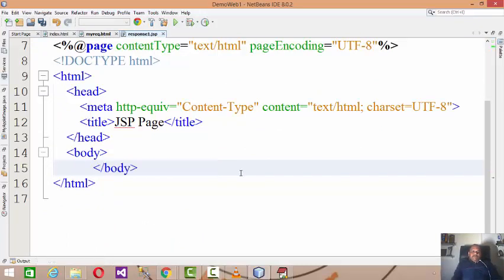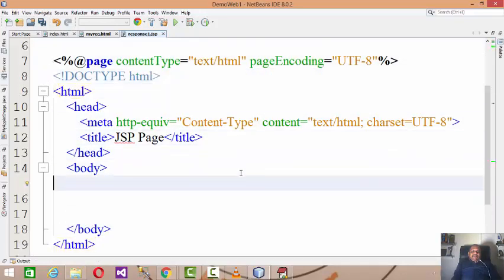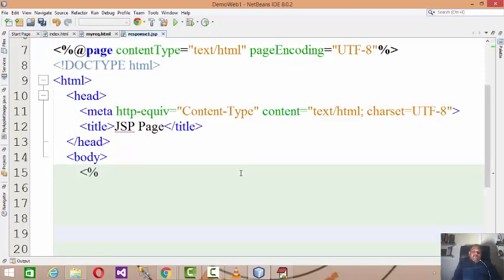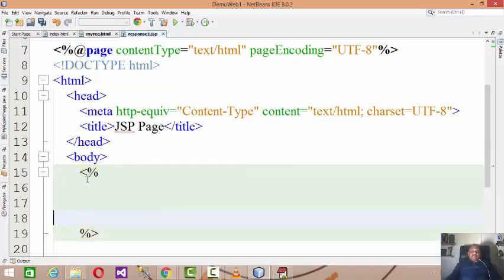So what I am trying to do here, step number 1, read the data. Up till now we dealt with the HTML tags only. Now to read the posted data from the user, I have to use JSP tags. Just understand one point: to add the Java server side code, JSP code, we have to use not only the angular bracket, but at the same time the modulus.